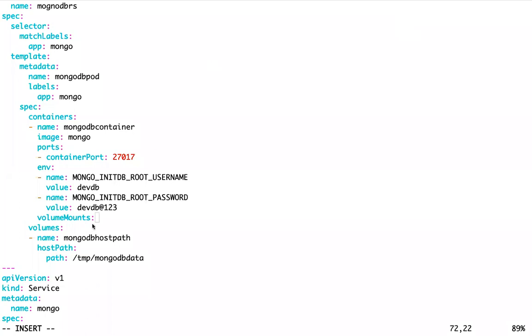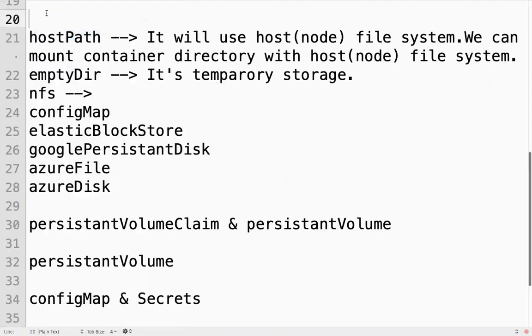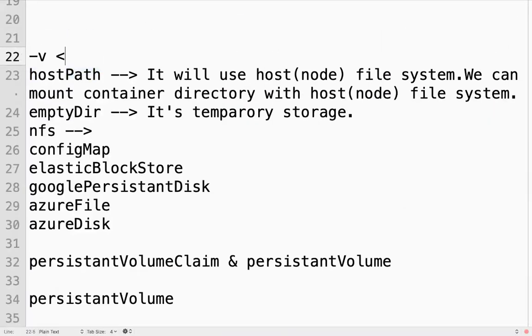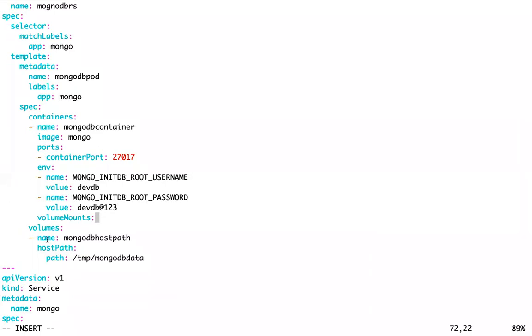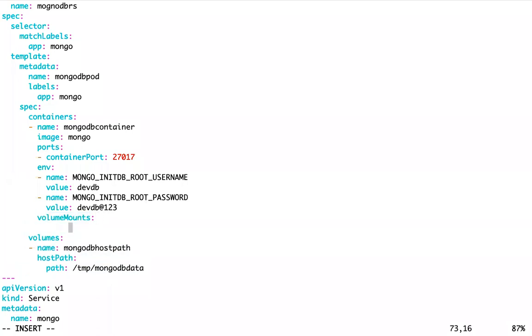There we used only one option, something like -v. You use the volume name and your container path. So here I am defining something like this. This is my volume, and this volume I want to mount, which I am defining here as volumeMounts. So volumeMounts also will have a name.